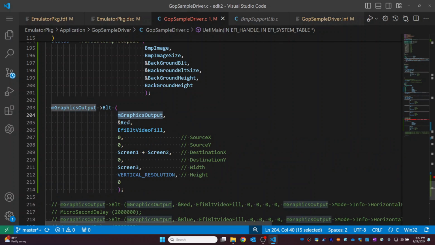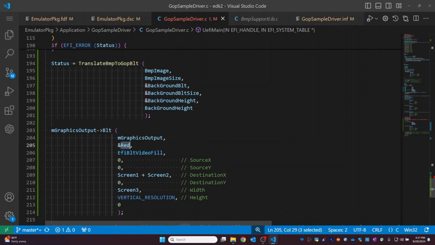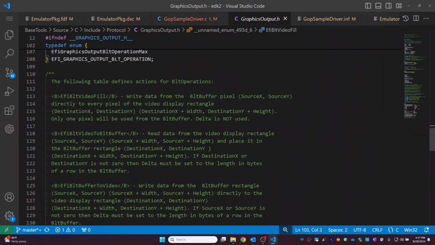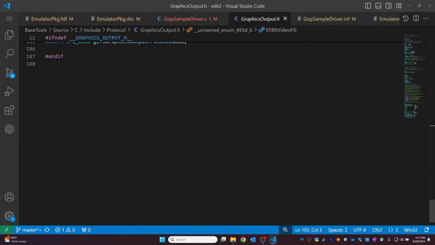Okay, so now the second argument, which earlier was pointing to the color. Earlier we used to print the color, now we have to print the buffer. So the buffer is nothing but our background BLT, so I will pass the background BLT directly. Earlier we used to use this video fill, right,